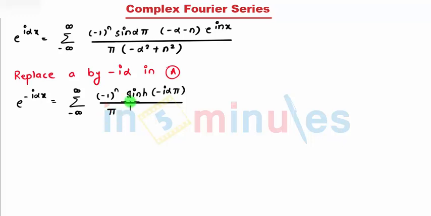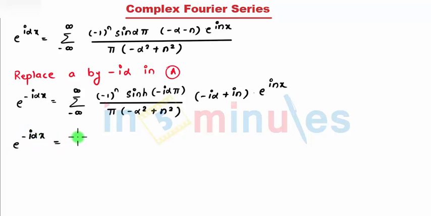So again, in the place of a square, when I replace it with minus alpha square, that becomes minus alpha square plus n square, and then minus alpha plus I n into e raised to I nx. Now students, that's all there is. So again I'll be using sine of minus theta is minus sine theta, so there will be a minus sign outside, and also I. So e raised to minus I alpha x gives me the summation from minus infinity to infinity